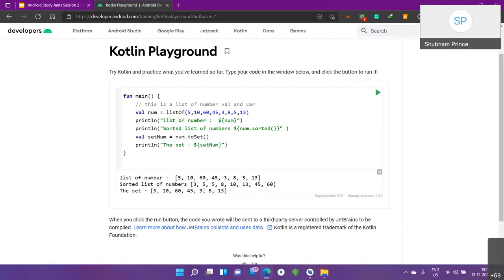What we can do is create two types of sets. You might be familiar with the words mutable and immutable. Immutables are those whose value cannot be changed, and mutables are those whose value can be changed, depending upon what we want to do. 3 is there. 3 was not a duplicate, so it won't go. Okay, let's create two types of set.